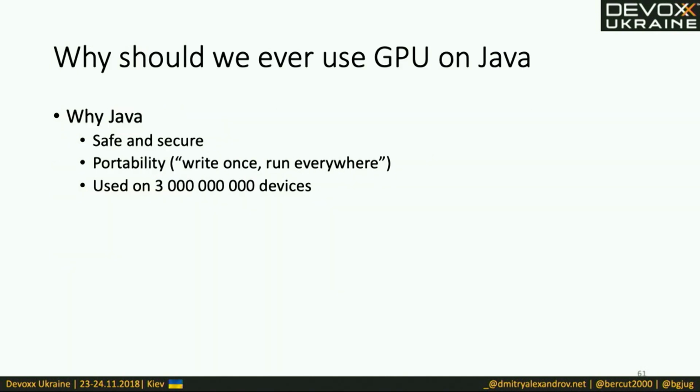And once again, why Java and the GPU? This is the obvious question. As the guys from the first session, Barik and Evgeny, said, why on earth should we use this technology? Yes, Java is slow, it's not graphics. But Java is safe. It runs on 3 billion devices. If you install Java, you have this wonderful banner. It runs on 3 billion devices.